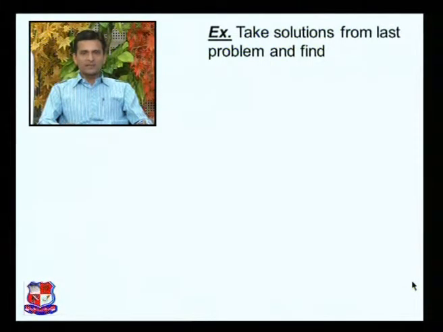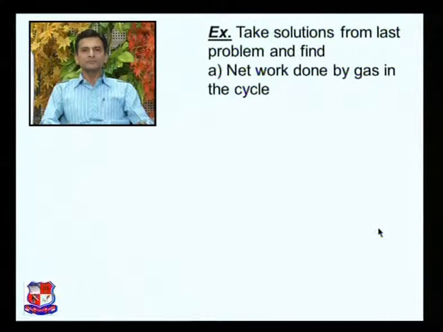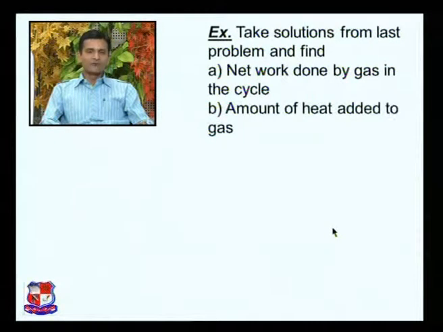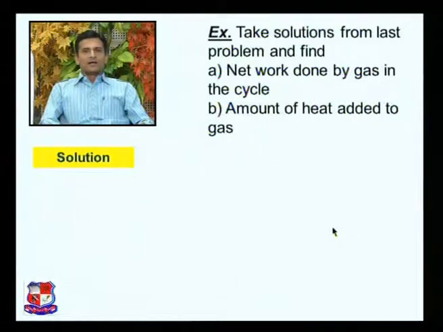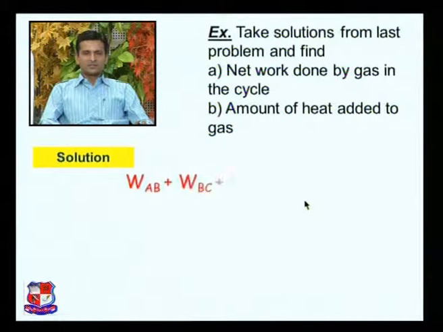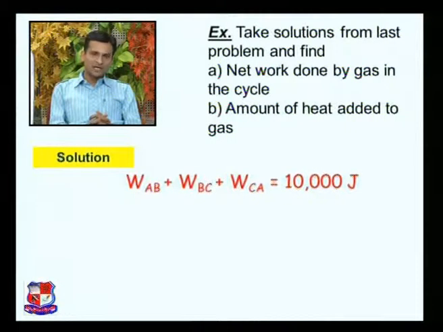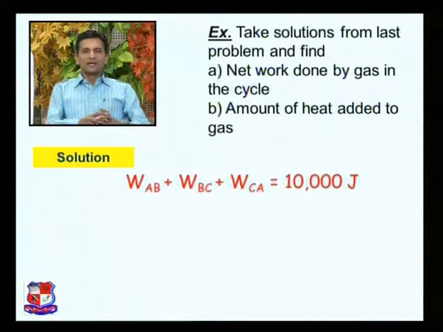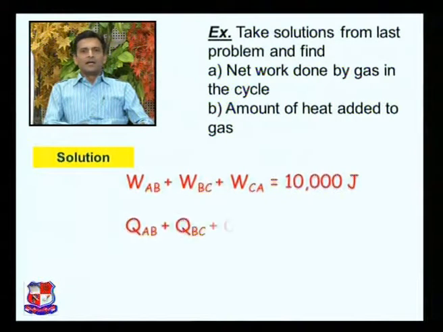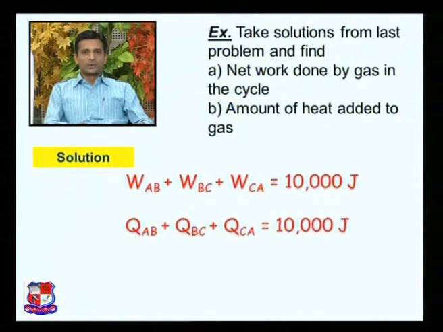Now next example, take the solutions from the last problem and find out these entities. The first one, net work done by the gas in the cycle, and second, amount of heat added to the gas. Now from this data which we have computed in the previous example, we have to find out net work done by the gas in the cycle. So this is the solution. The equation is summation of work is WAB plus WBC plus WCA, that comes out to be equal to 10,000 joule. Then total heat QAB plus QB